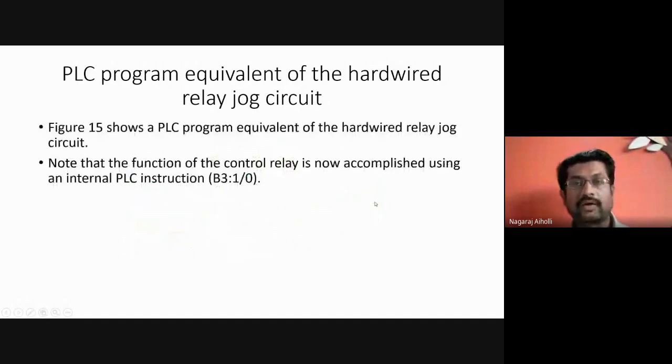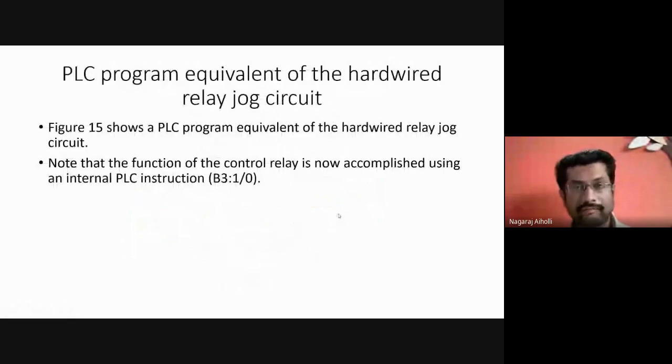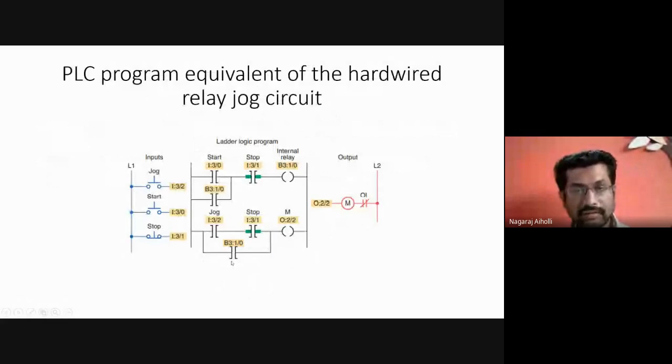Whatever we just explained with this diagram, it is the same explanation in the form of the ladder rung diagram, ladder rung instructions. And B3:1/0 is the internal relay contact to seal in the current. Whatever previous current is flowing in this path will be maintained even after the jog switch is released. This is for the off position of the motor, not the on position, maintaining the current for the off position next time.